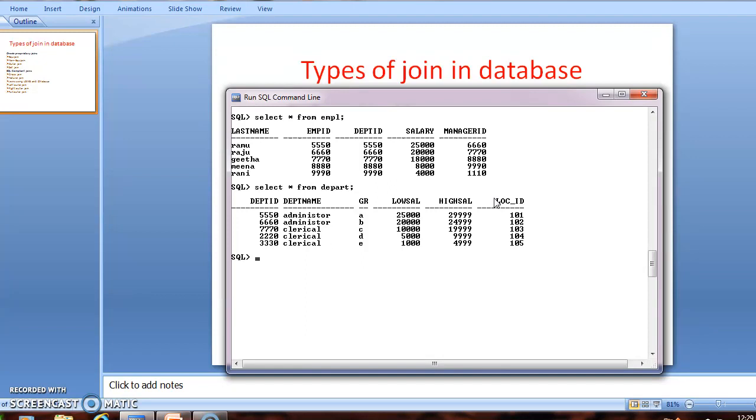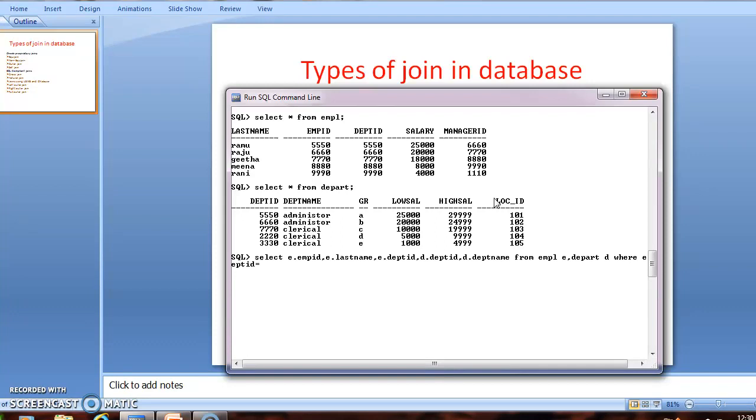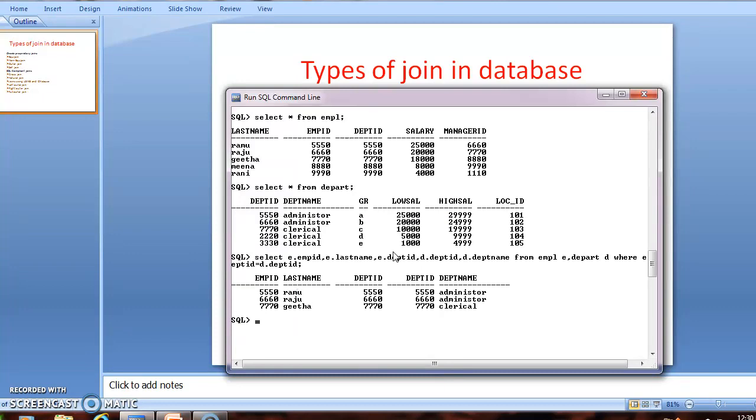First type of join is equi-join. A query for equi-join is: the relationship between employee table and the department table is equi-join.